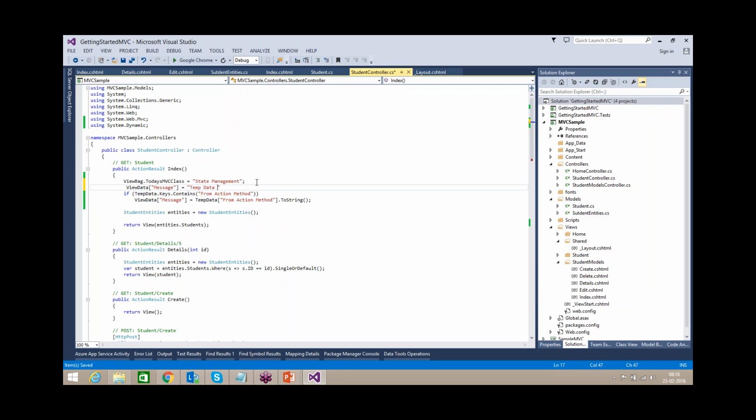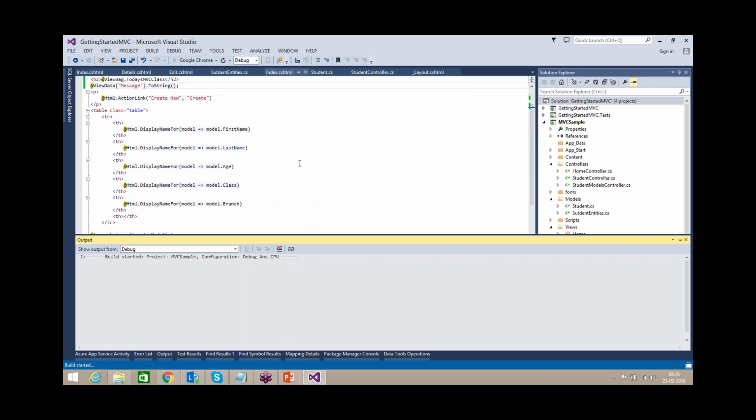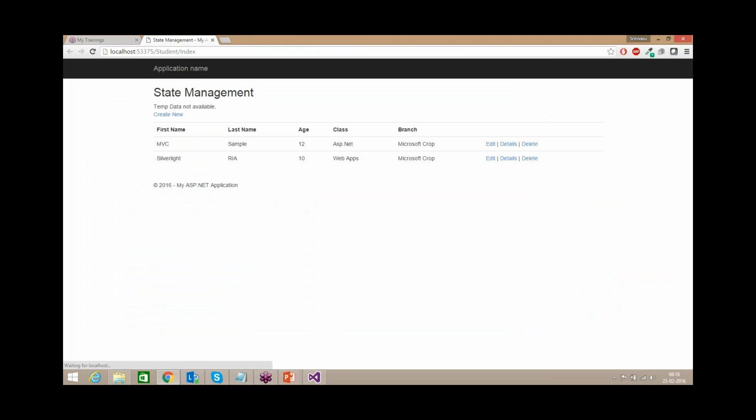Temp data not available. Temp data is not available.